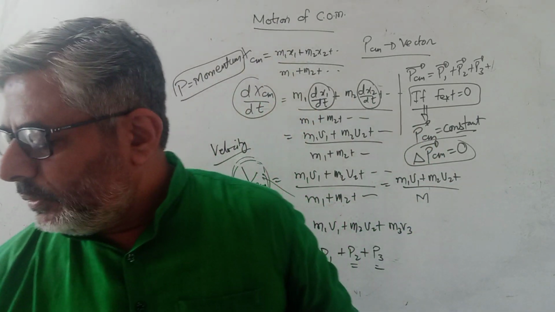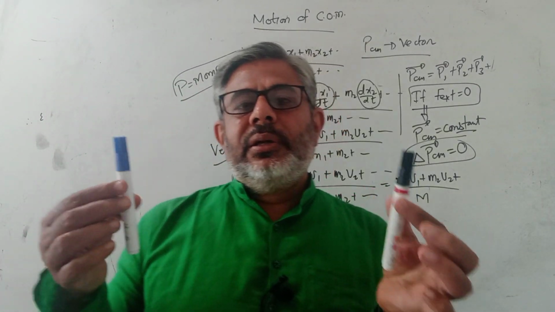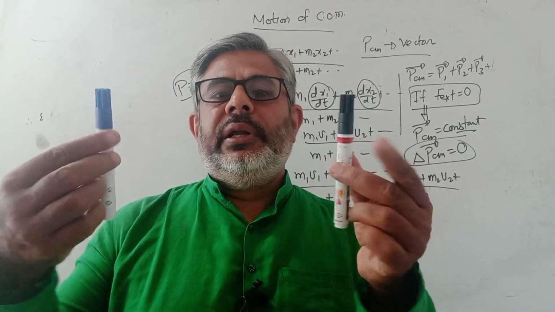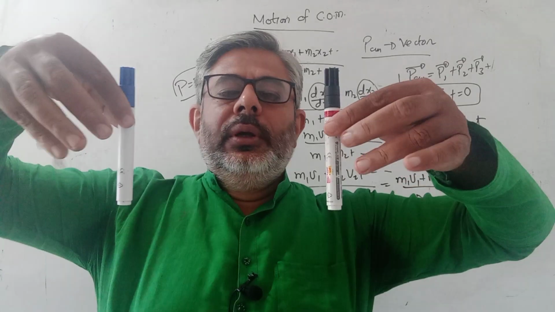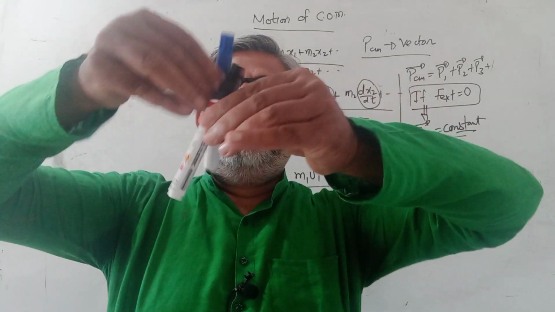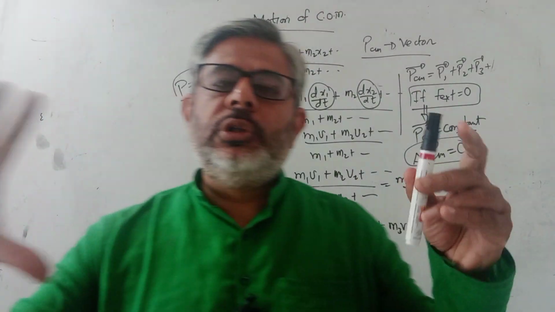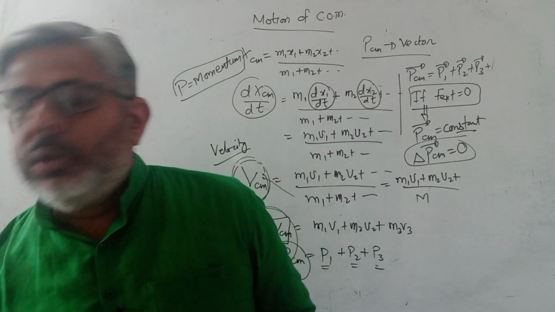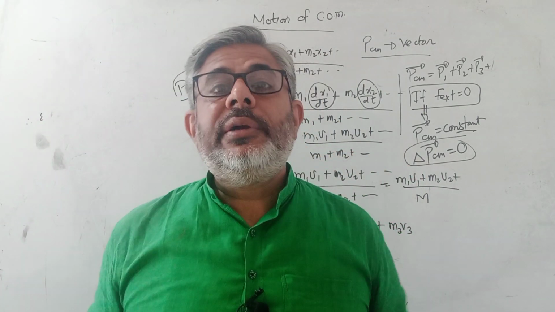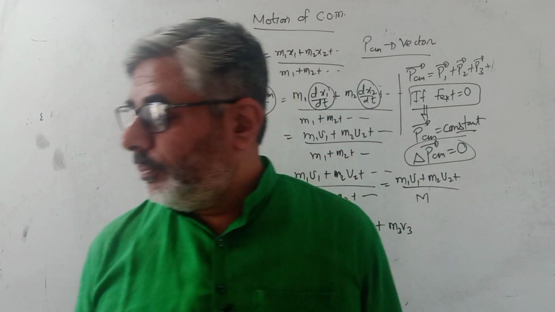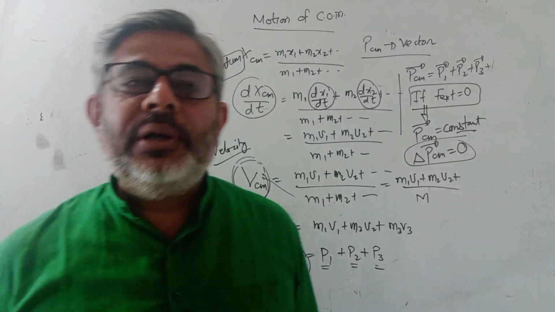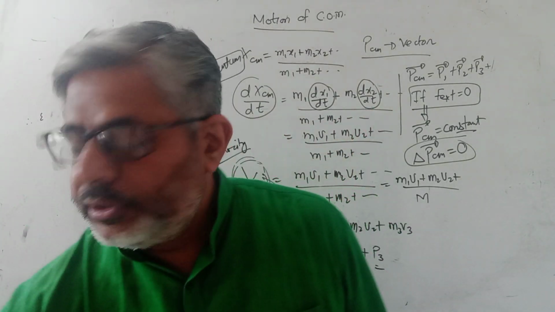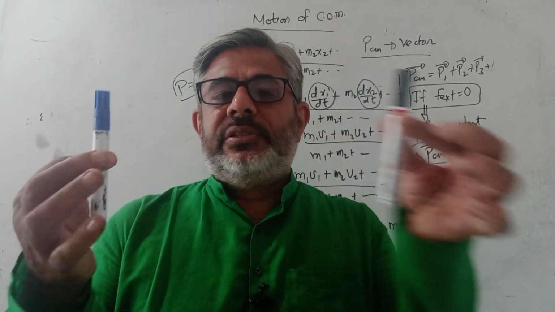Now, for example, I am again taking these two pens as oppositely charged particles, positive and negative. As soon as you leave them, they attract towards each other like this. Maybe they are opposite poles of a magnet or opposite charges. Now you will be confused. You will say, oh sir, they have started moving, so there is some momentum in the system. Of course, there is momentum in these two pens.